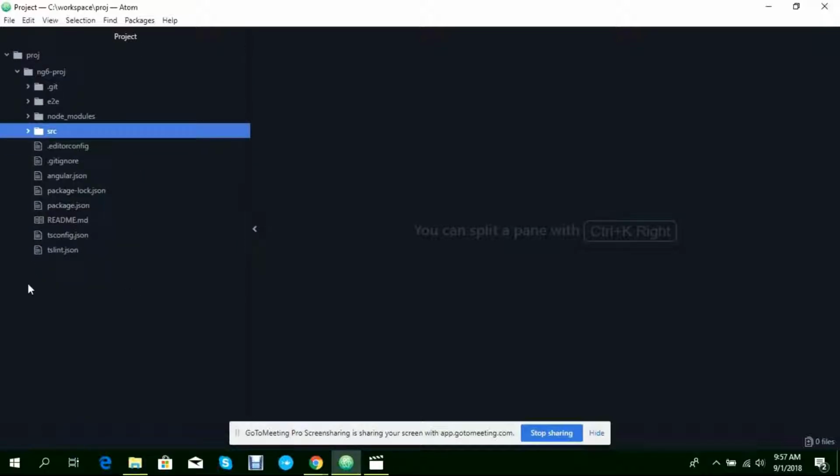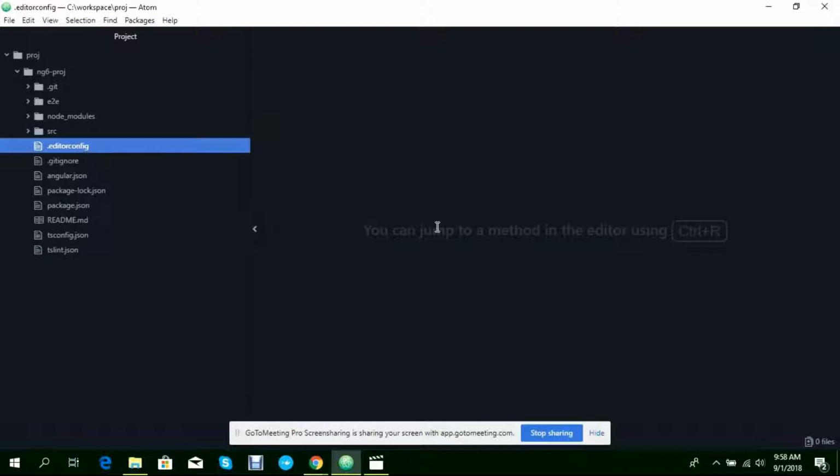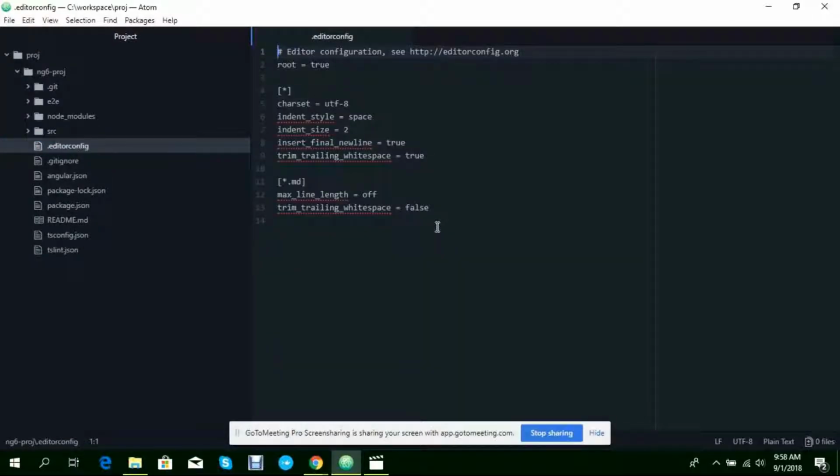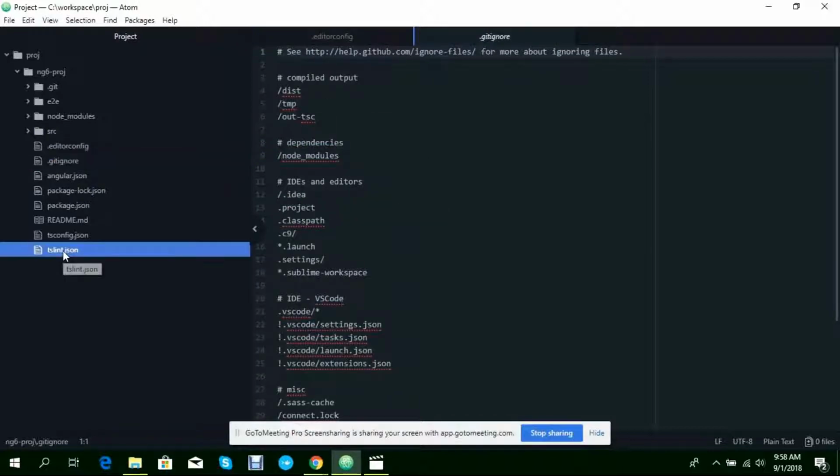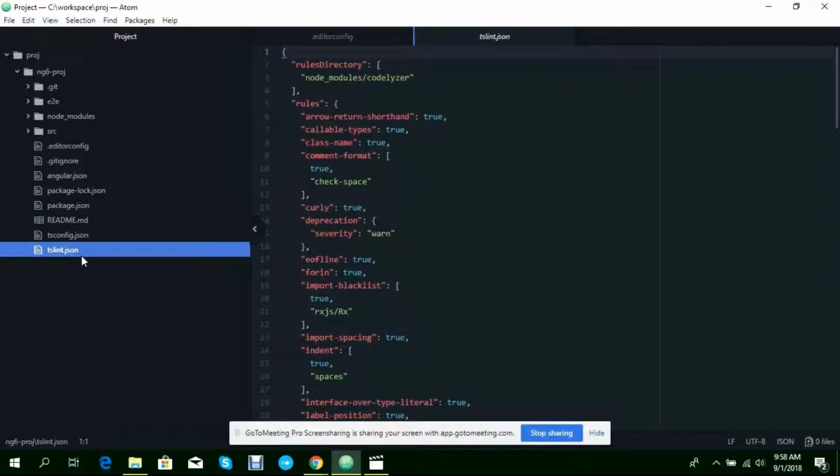Then after this, editor config, this is mainly for editing purposes: spacing, styling, and things like that. Then git ignore lists the files which we don't want to check into Git. Then TSLint is more for the TypeScript information, something like maximum length, errors, or more related to